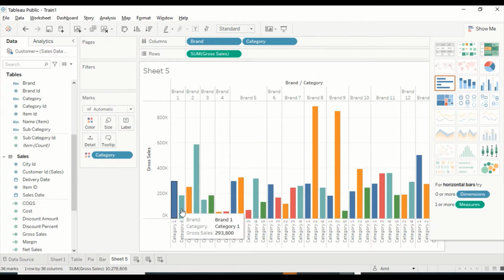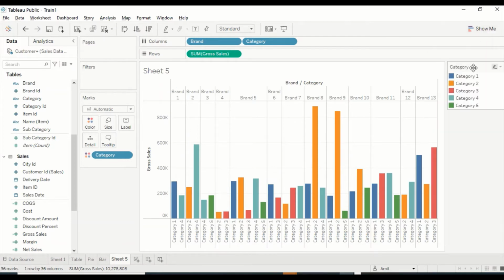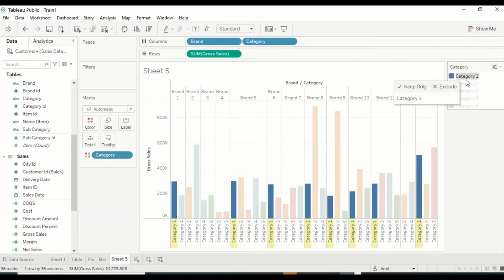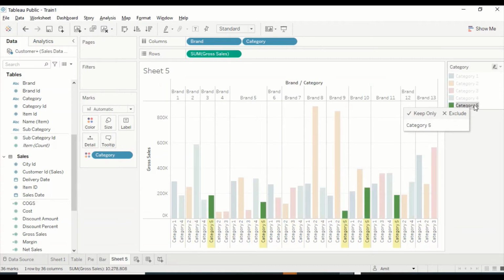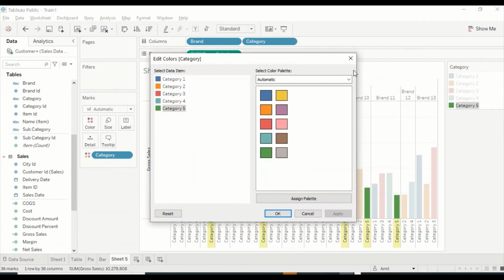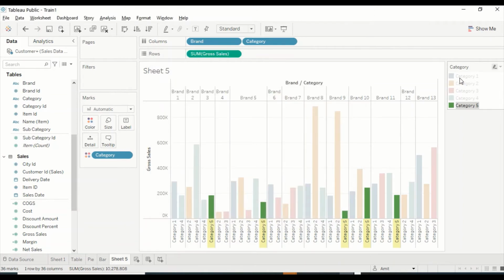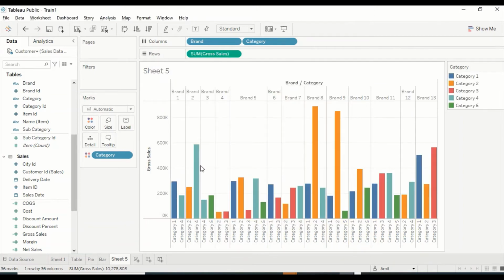Let's move. Okay, so now here when we had that all together, now we have the same color for these things. And now let me show this view to you. It's a keep and exclude. These are things which we'll use later, but right now you can see what all places we have. We can change the colors or palettes which you want. Okay, so now this is there now, but right now we are interested in this one.